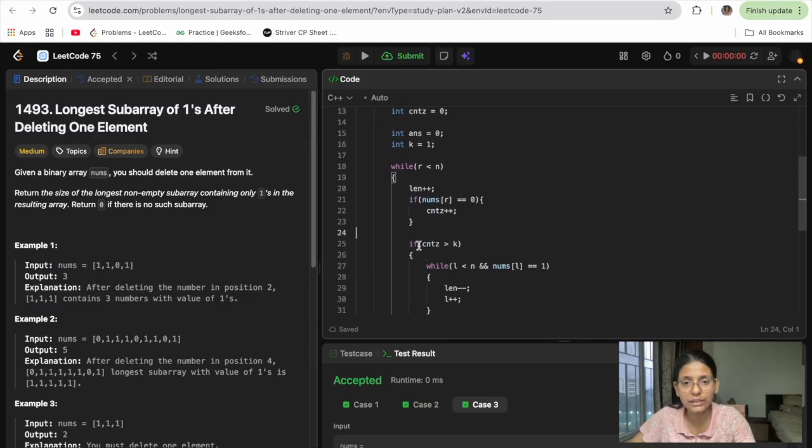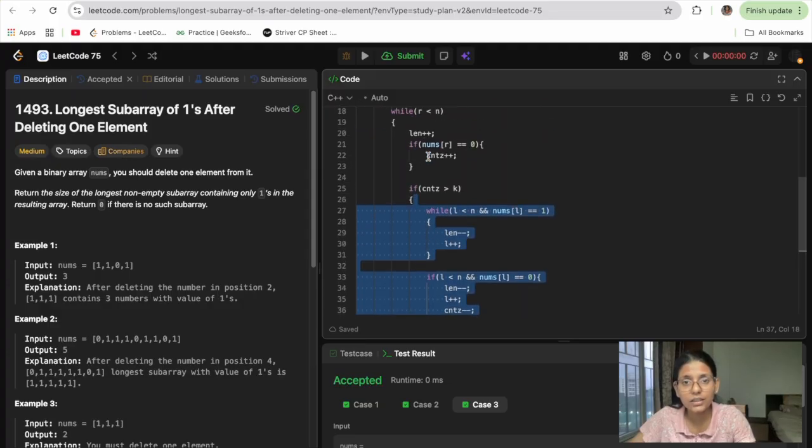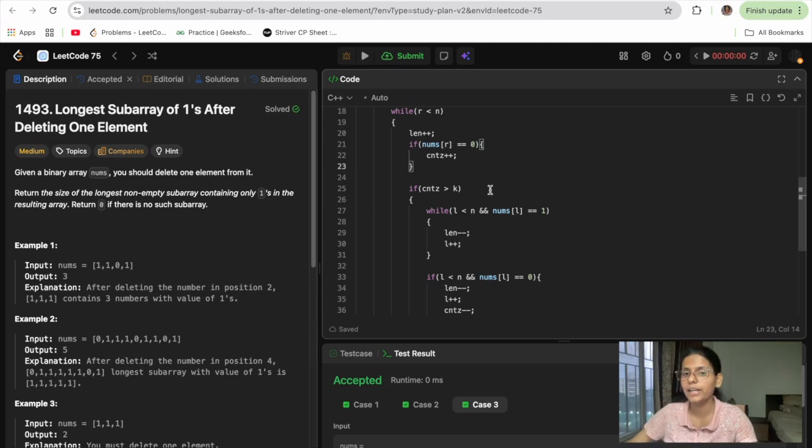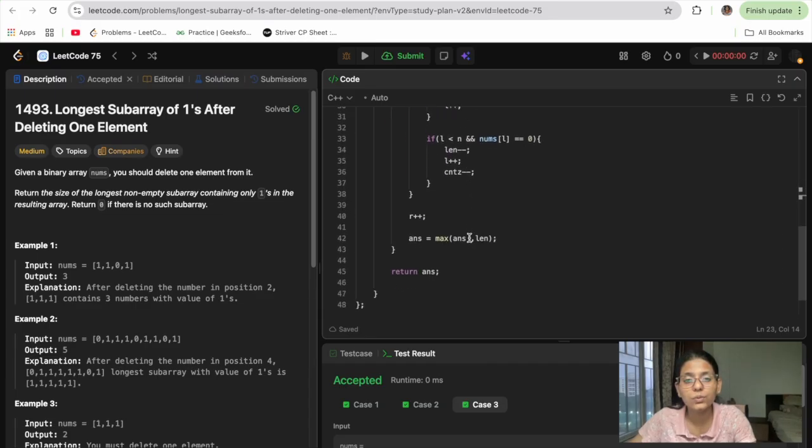I have written the condition: if count z is greater than k, then I'll execute this block. But if the number at r is 0 and count 0 is 1, at that point it will not get executed because k's value we have set to 1. And we'll go ahead.